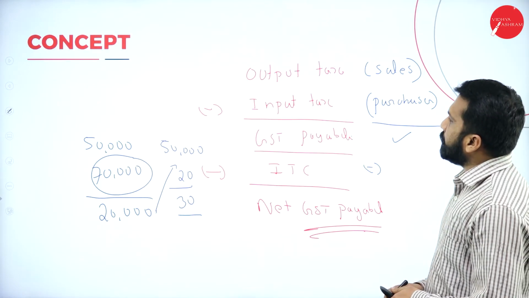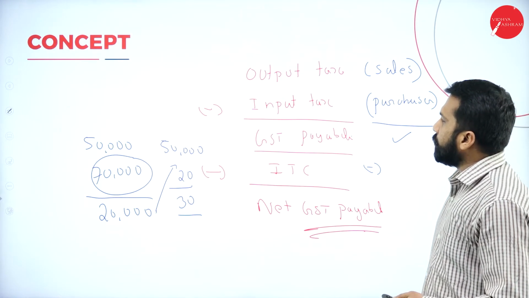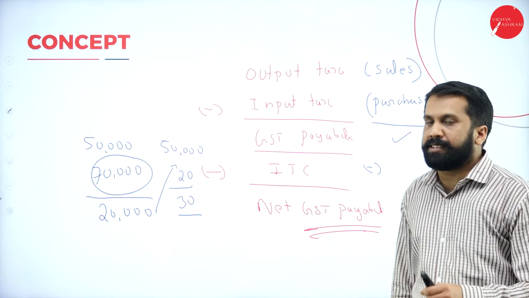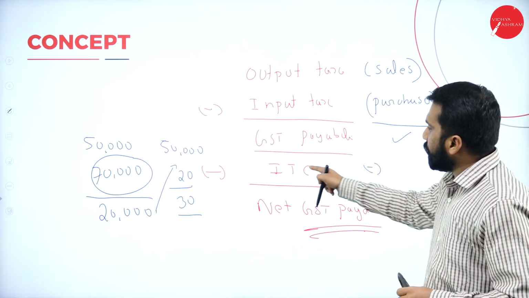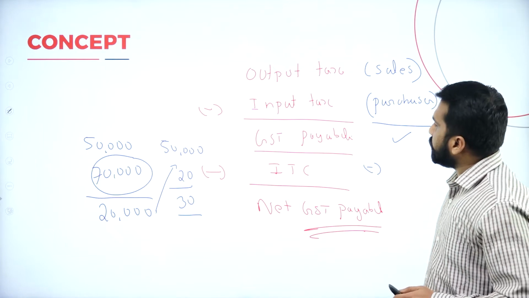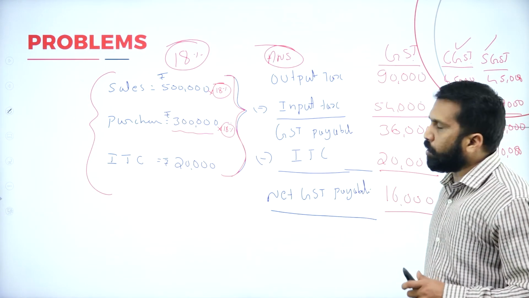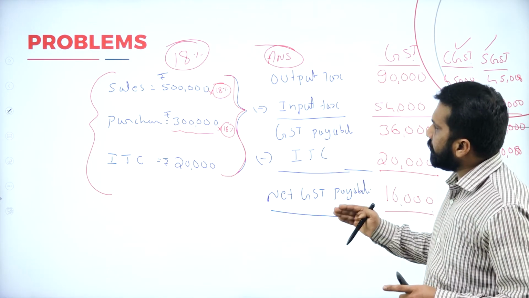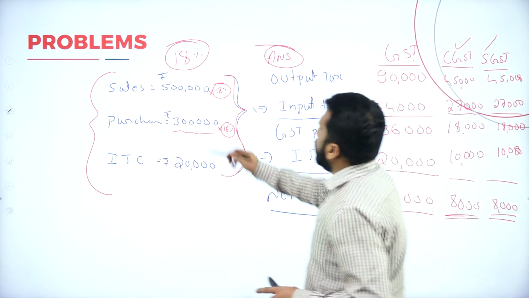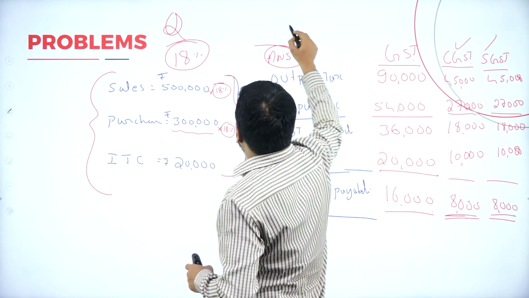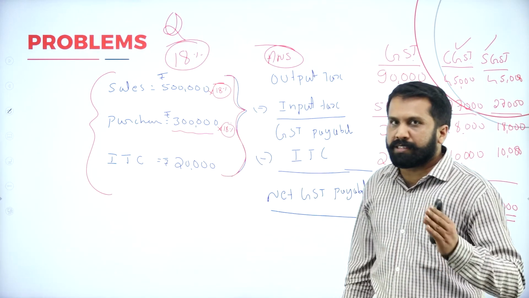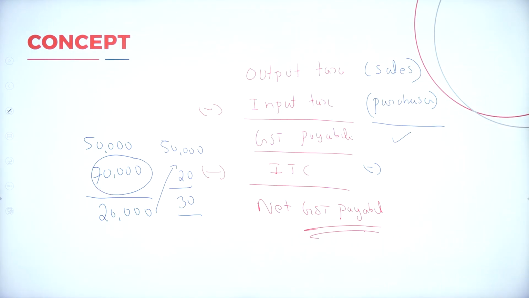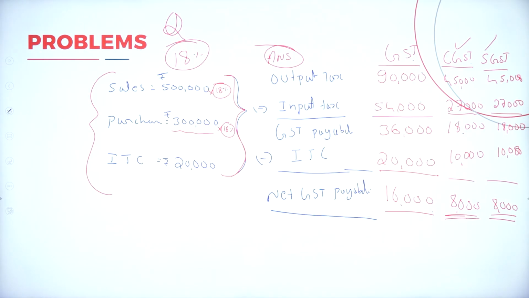So the agenda is about GST. We discussed about your output tax, input tax and ITC. ITC means input tax credit. We did a small problem on input tax credit. If you want to write down, or if you want to take a screenshot, please take. Remember, this is your question and this is your answer. I'll go out of the screen. So these are the format. These are the basic problems on GST.